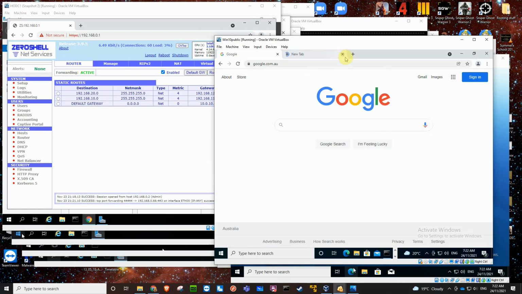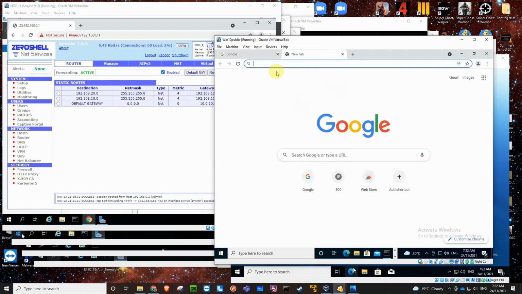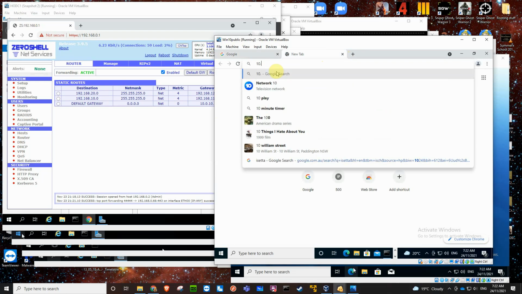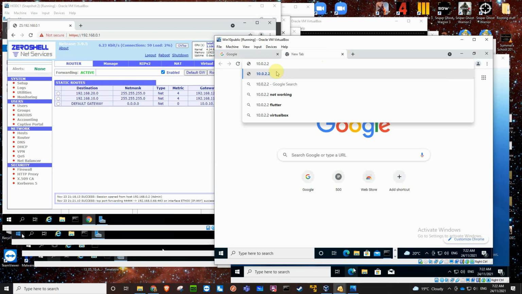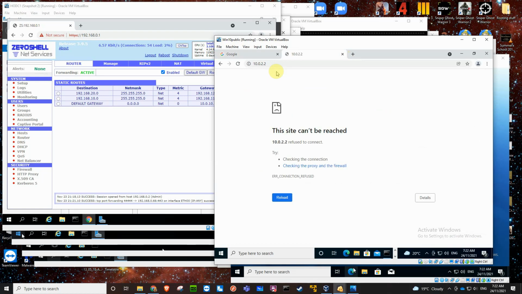We're going to open up a new tab, and I'm going to go to 10.0.2.2, which is the head office router. Now at the moment, I've actually got it exposed for port 443 to web browse into. So it's refusing a contact there. If I put port 443 at the end of that,